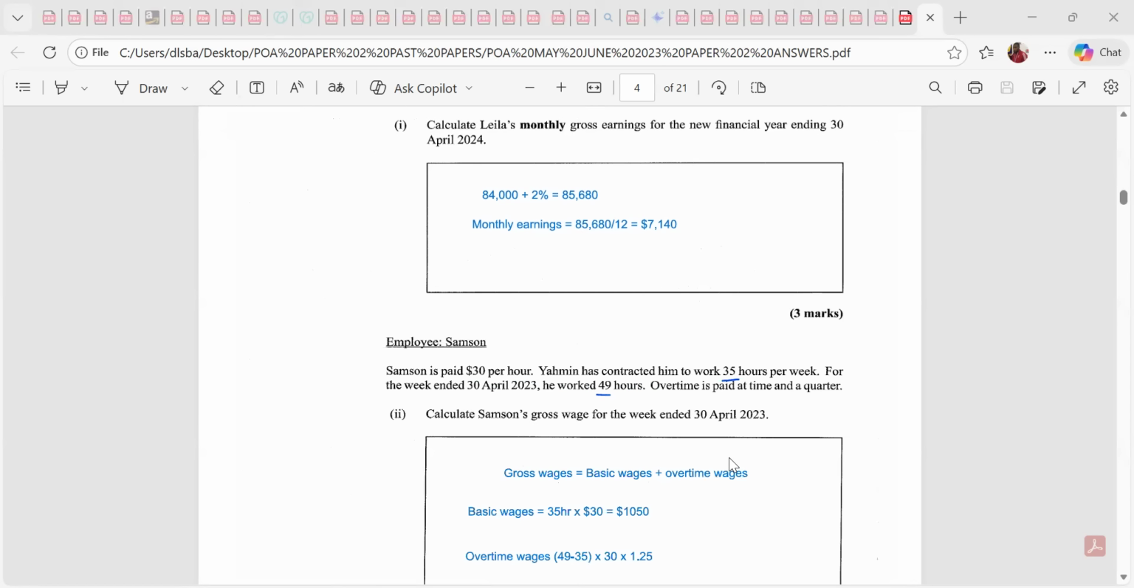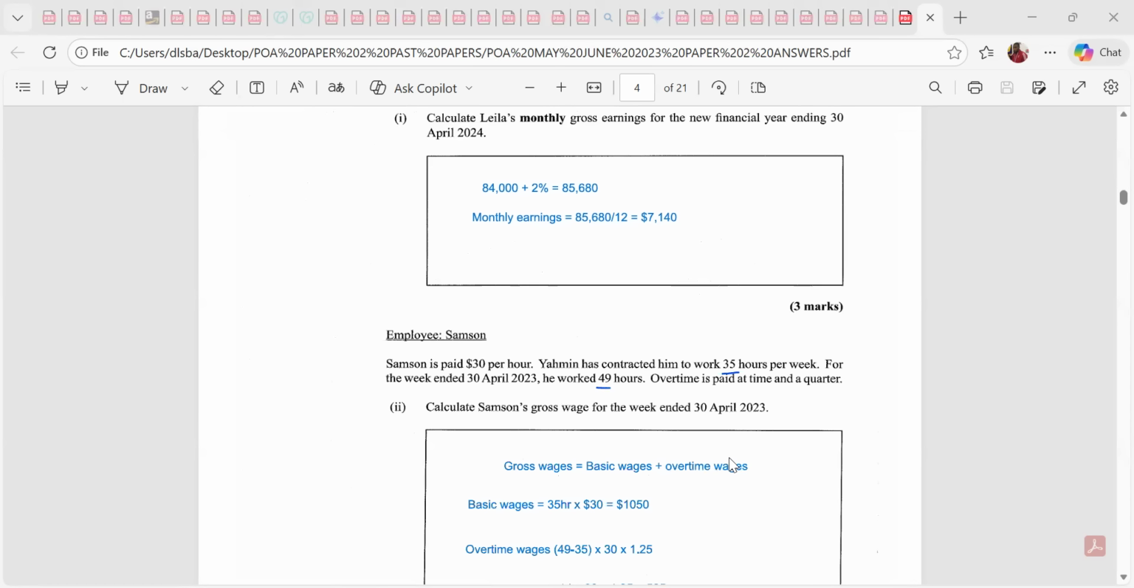Next one now, Samson. Samson is paid $30 per hour. Yahim has contracted him to work 35 hours per week. For the week ended 30th of April, he worked 49 hours. Overtime is paid at time and a quarter. Kind of cheap, that thing about time and a quarter. So we need to calculate